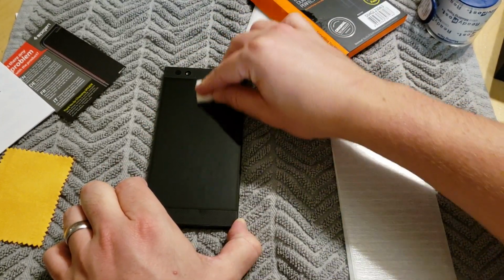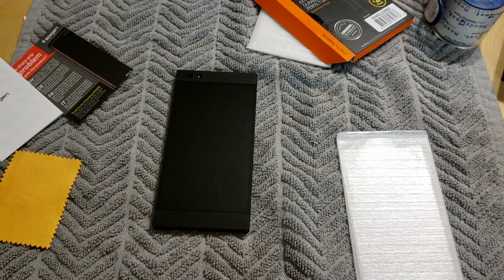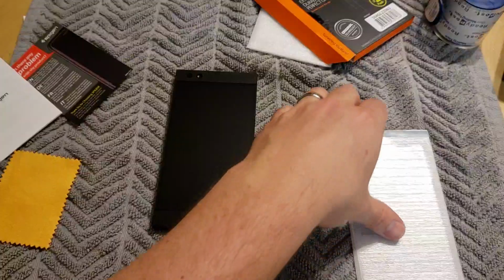Just make sure you get a nice thorough clean of the screen. So I'm going to give that a couple seconds to dry. Hopefully I didn't knock the camera around too much. This is how I install all of my screen protectors, whether it's a glass one or a film style one. I always use the wipe. After I use the wipe,